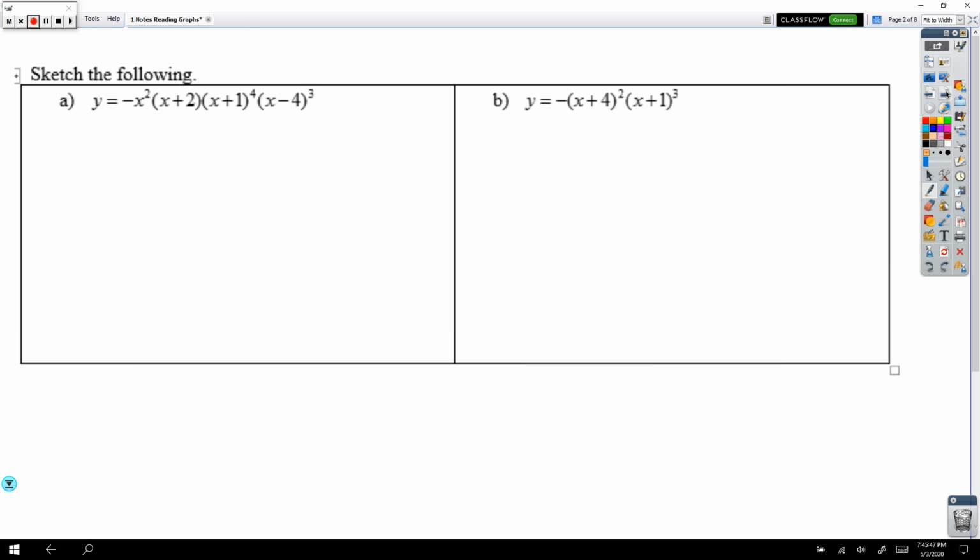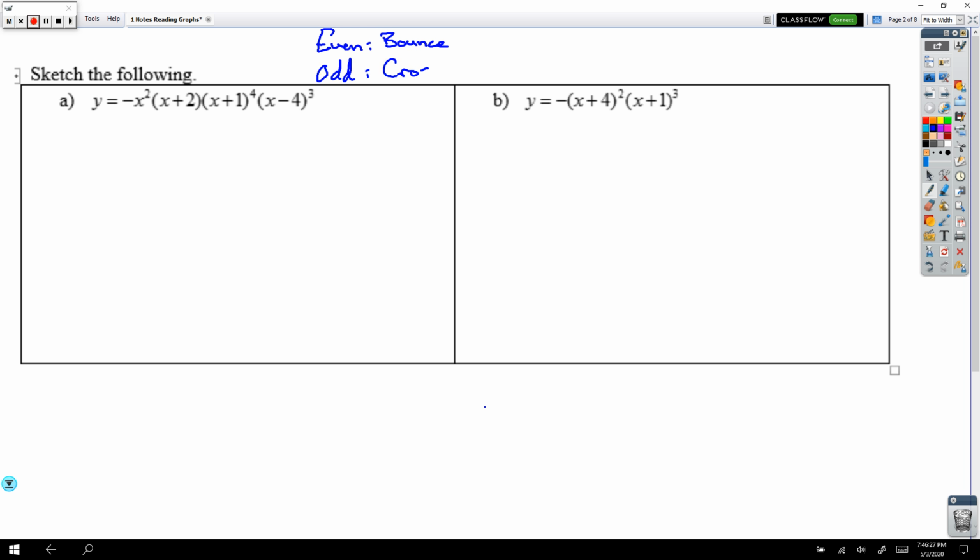Now, let's look at sketching a graph using that information. So it gives me a polynomial that's broken down into its factors. Now those factors tell me my zeros. The one thing you need to note here, though, is the degree on each parenthesis. If the degree on the parenthesis is an even number, that means that at that zero, it is going to bounce. It's not going to cross the x-axis there, it's just going to bounce at that point. If the exponent on the parenthesis is odd,